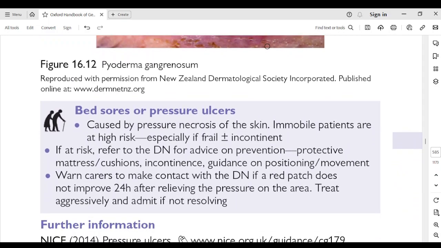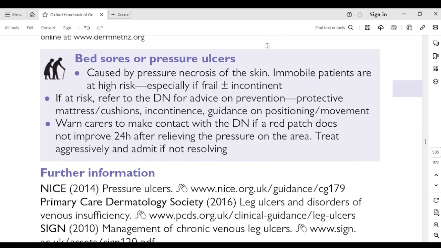Bed sores or pressure ulcers. Caused by pressure necrosis of the skin. Immobile patients are at high risk, especially if frail plus incontinent. If at risk, refer to the DN for advice on prevention: protective mattress, cushions, incontinence, and guidance on positioning or movement. Warn the carers to make contact with the DN